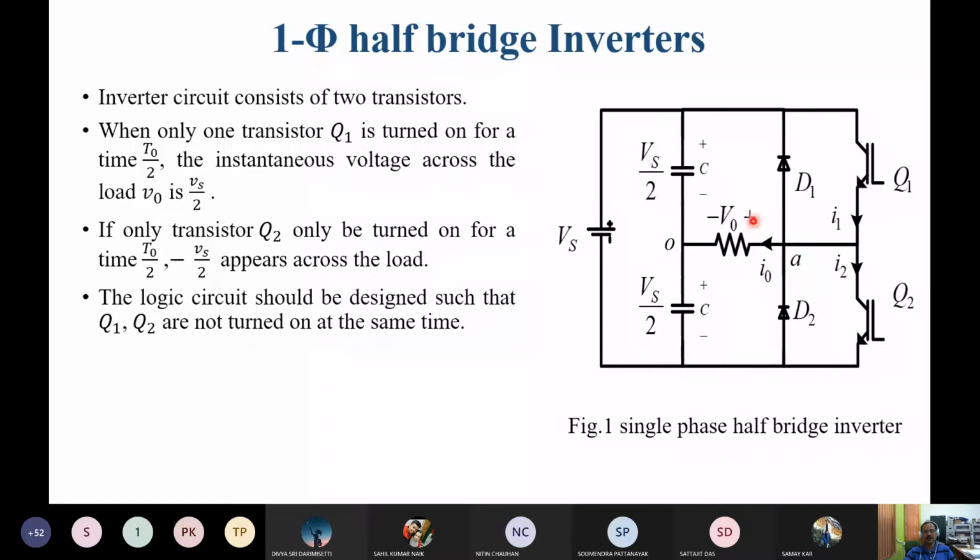Similarly, here, if it is conducting, there is a voltage drop, positive and negative, so this is reverse biased. When this is conducting, this is reverse biased. So when the inverse current circulates freely through this diode, this is not on. Now, when the current through this diode reaches zero,